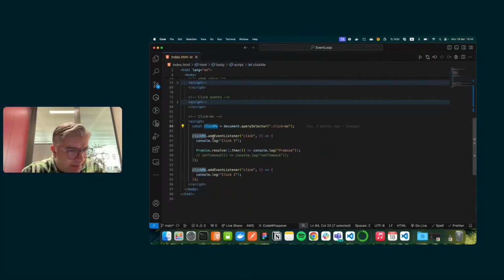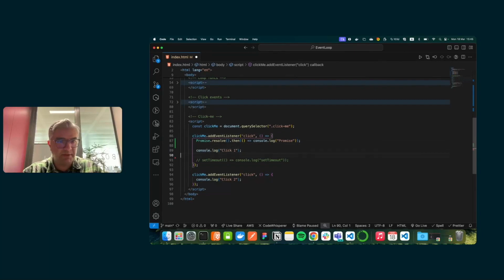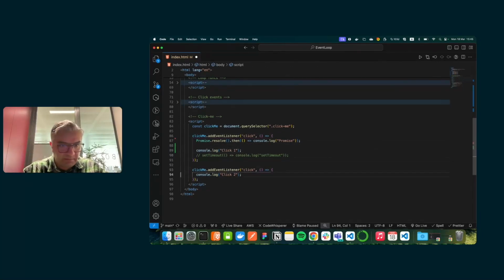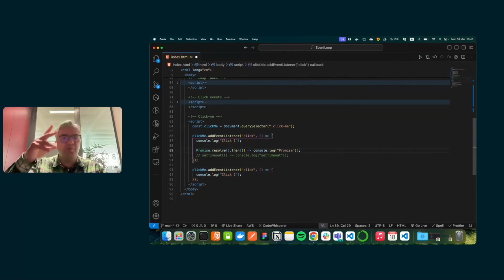The click me has an event listener click and a second event listener click. So let me move this on top to make sure that we are fitting the one that I just showed you. Fine. Even if I swap them, since it's all about priority, it doesn't matter. Let's switch it like this.